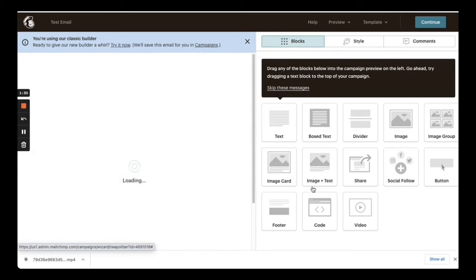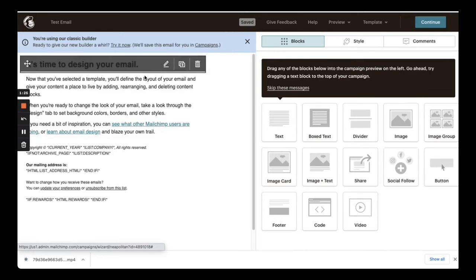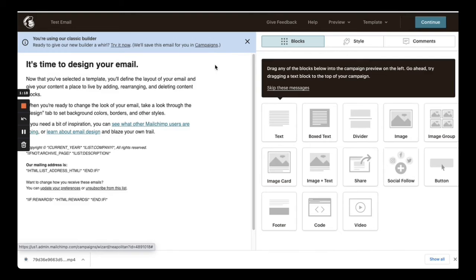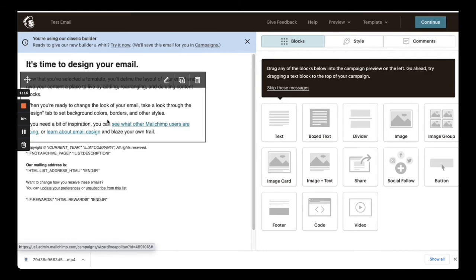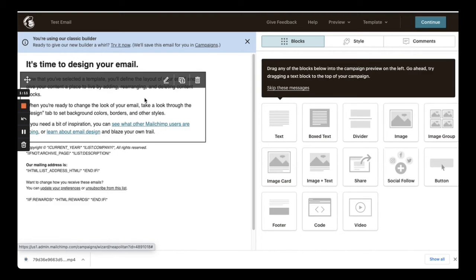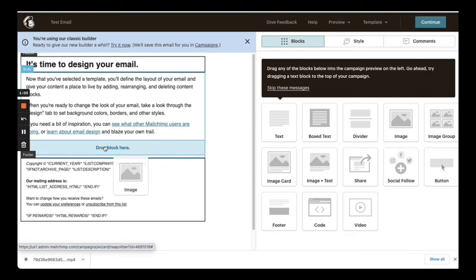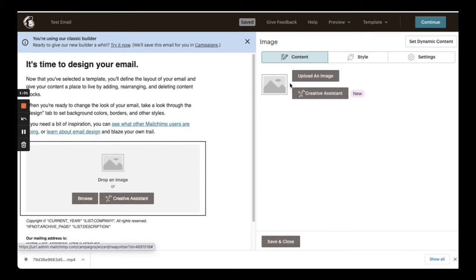So it will take you to a page where you can edit the whole content. As you can see, this emailer is made up of various sections, and you can edit each and every section, and you can add sections to it from the right hand side options. Let's say if you want to add an image, you can add an image here. You just need to drag and drop and the options will appear here.